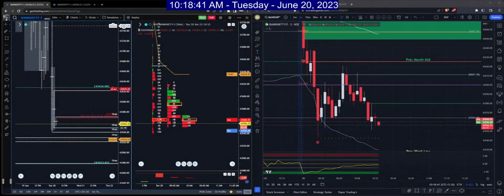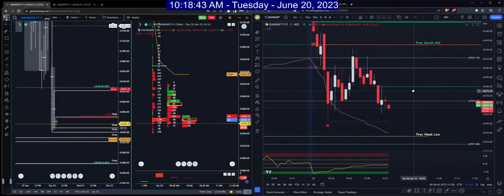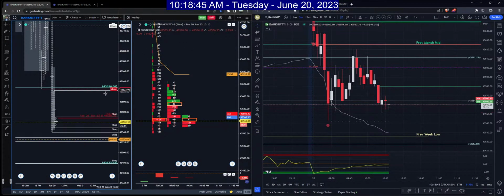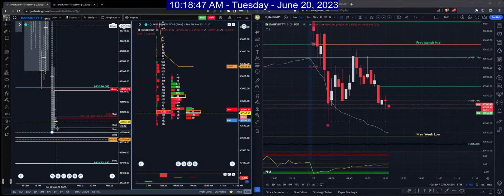Today is 20th of June 2023. The current time is 10:18 a.m. IST. I was actually caught up in a couple of meetings. And currently, what's happening in BankNifty is,